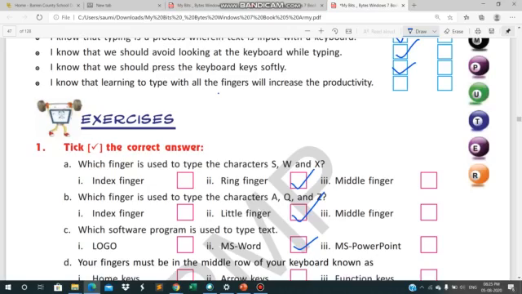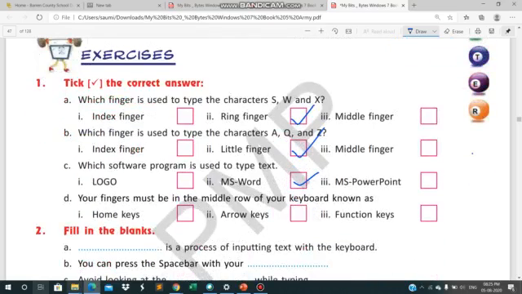Next is: your fingers must be in the middle row of your keyboard, known as the home keys.